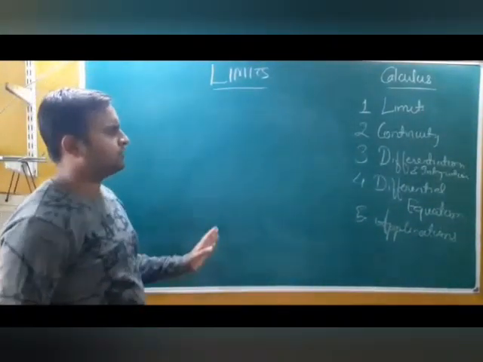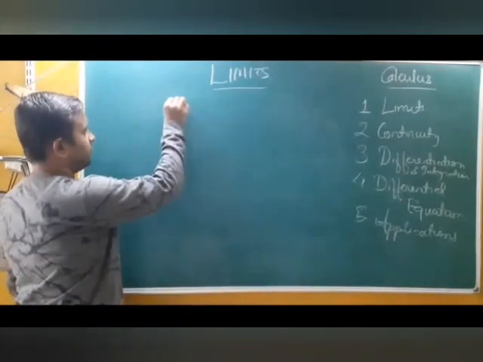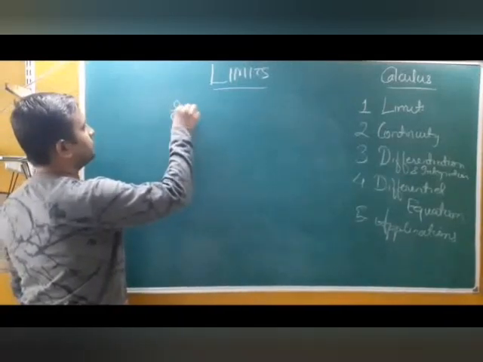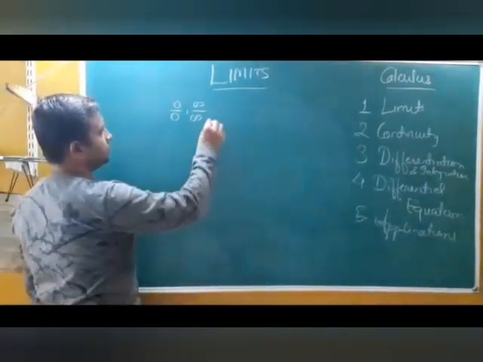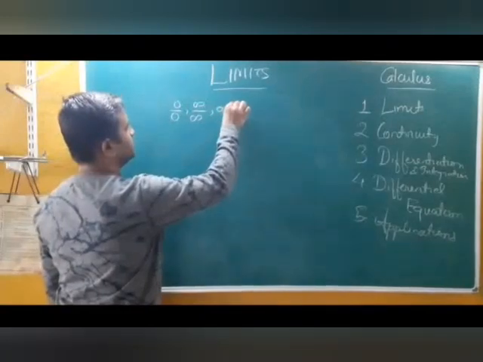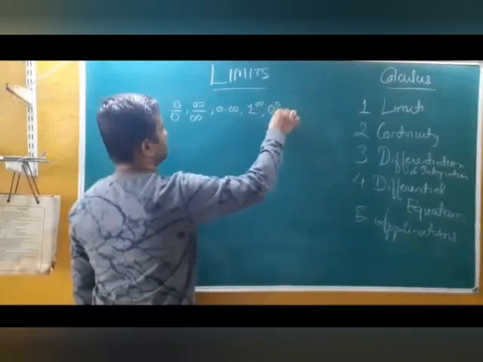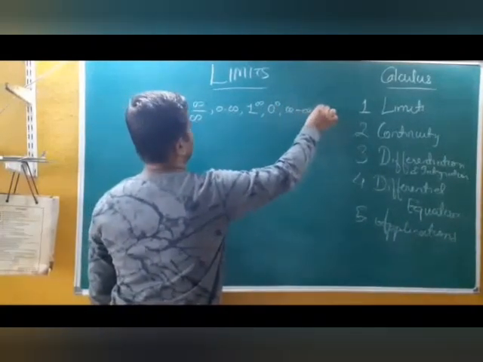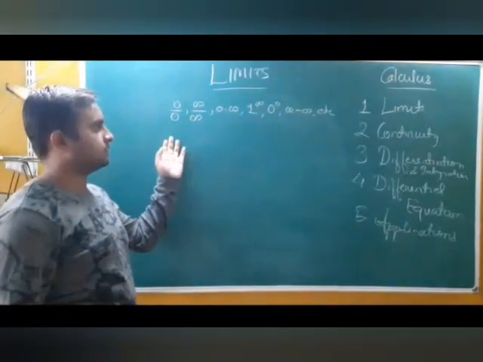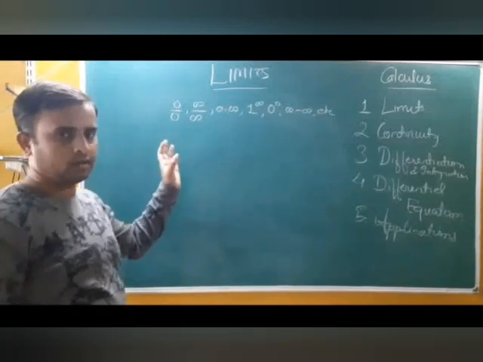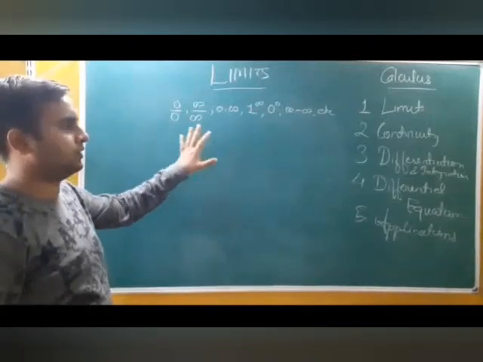So, why are we solving limits? Again, I am telling you this for the last time. We are solving limits because we want to get rid of those indeterminate forms. Like I told you, there are different indeterminate forms like 0 by 0, infinity by infinity, 0 into infinity, 1 raised to infinity, 0 to the power 0, infinity minus infinity, etc. So basically we will be focusing on these different indeterminate forms, and when this occurs in a function, we will evaluate the limiting value of the function, right?